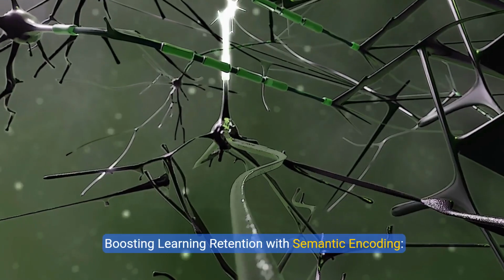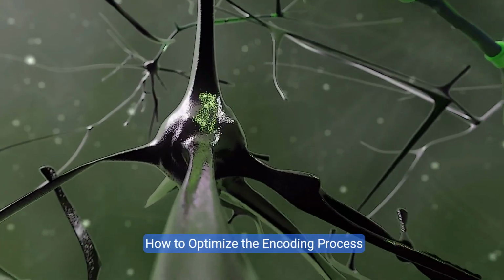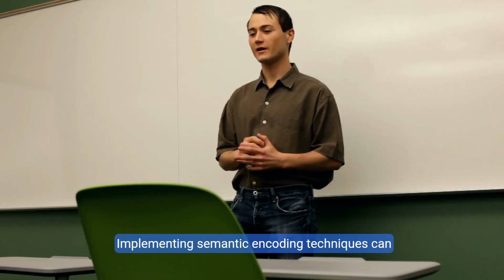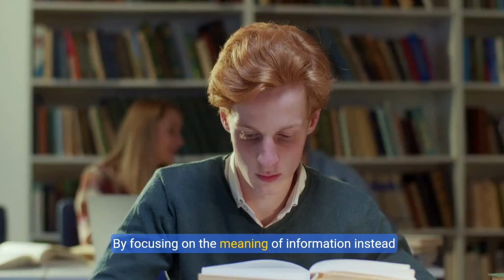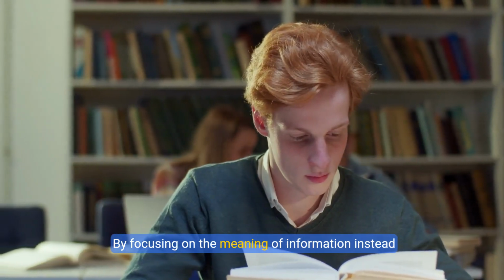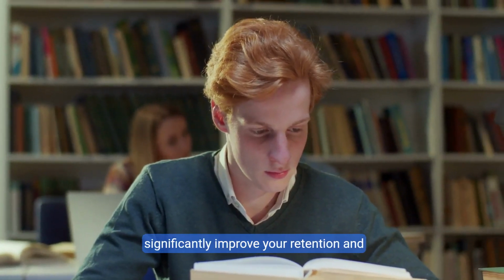Boosting learning retention with semantic encoding. How to optimize the encoding process. Implementing semantic encoding techniques can provide numerous benefits for optimizing the learning process. By focusing on the meaning of information instead of its physical or sensory attributes, you can significantly improve your retention